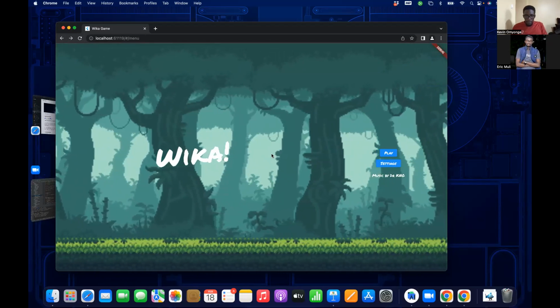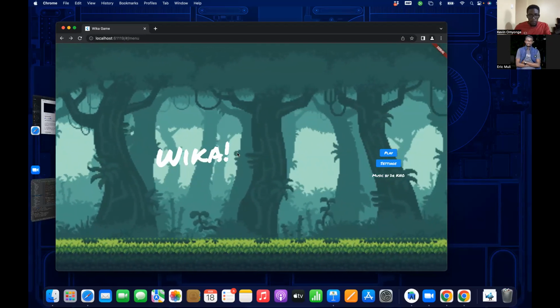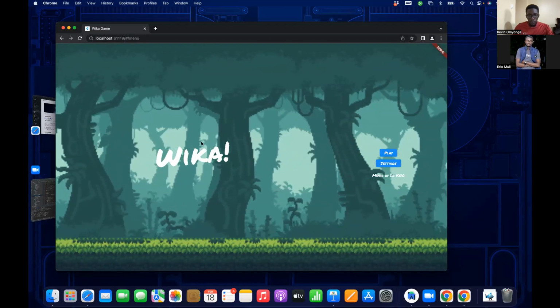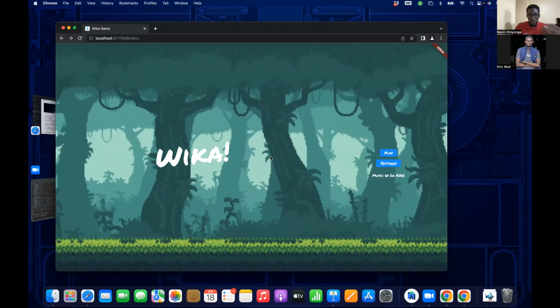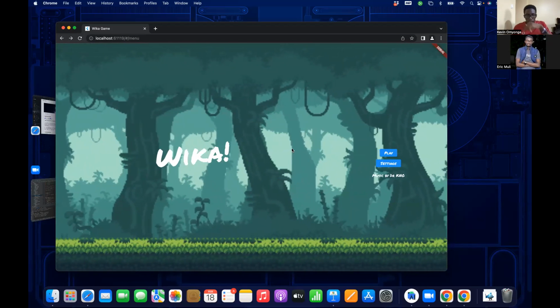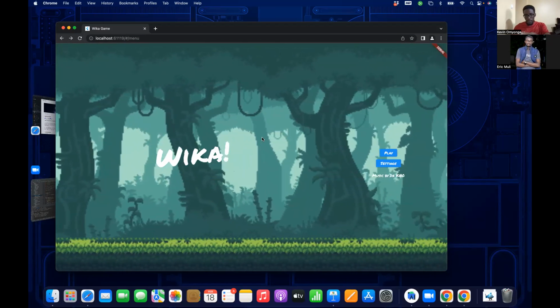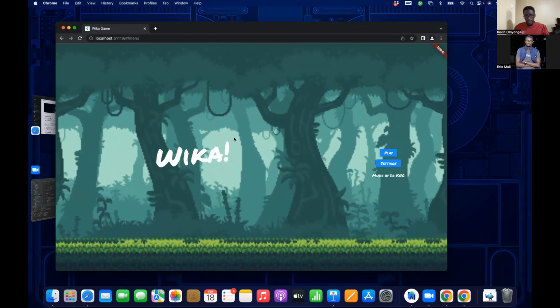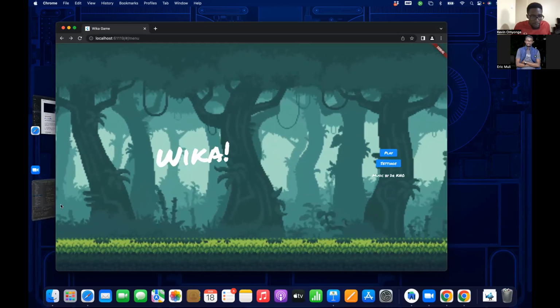So the parallax effect that I was telling you about, you can see it here. Each of these layers comes together to give you the effect that you're moving forward through the screen. The farthest layer doesn't move. The one that's just a solid color doesn't move. Then each one moves at a different speed compared to the others.